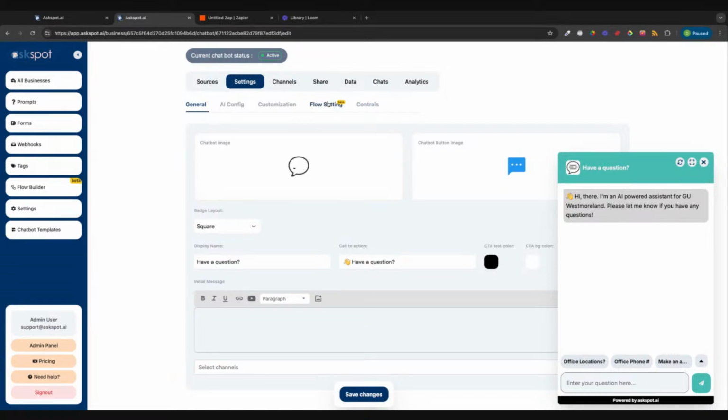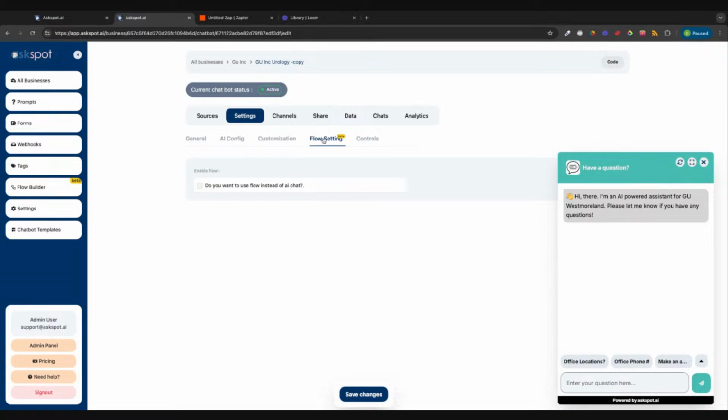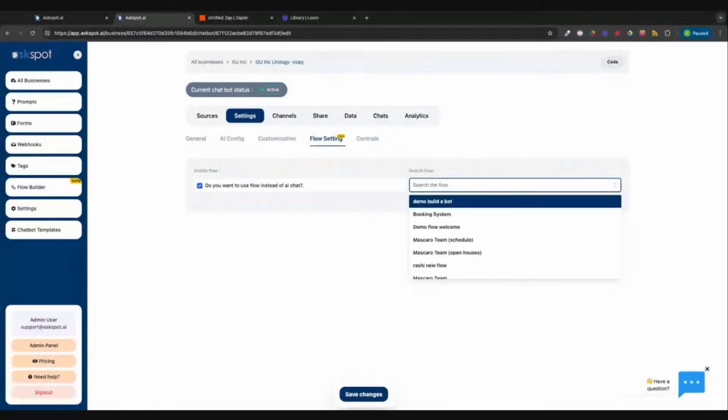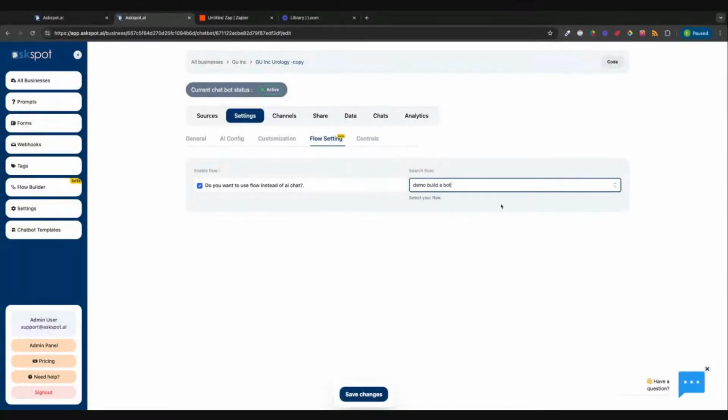And then if we go to flow settings, this is new. So when you have the flow builder, you'll see this new addition here within your bot setup. If you toggle this switch on or check that box, you can now select a flow that will start running as soon as somebody opens the chat widget up and starts engaging. Okay. So if you hit save,